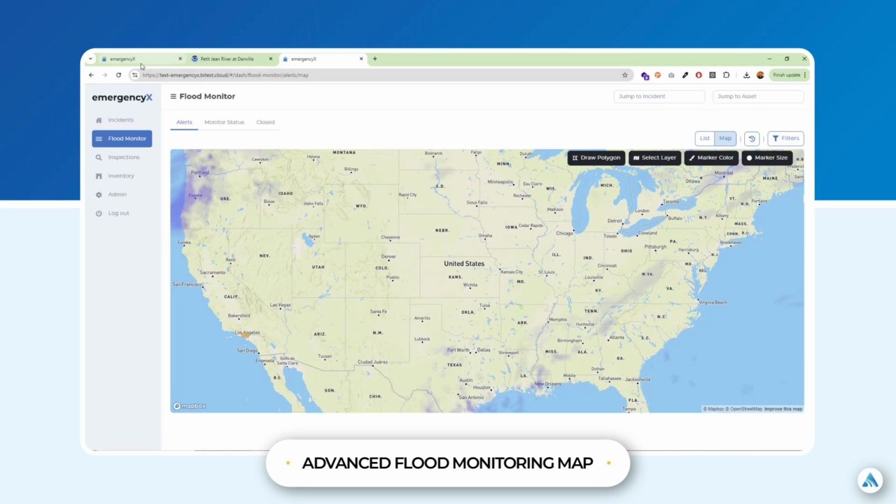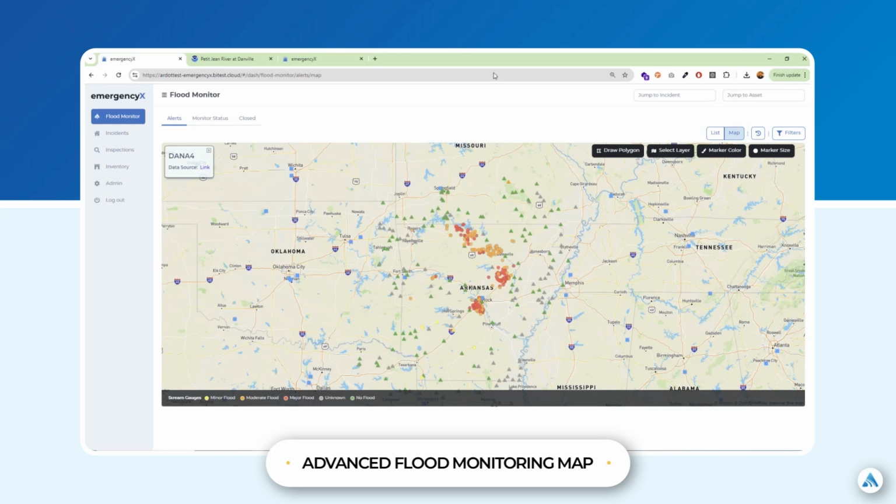So again, the updates for this month: you can see the radar stations, you can see the stream gauges, and the stream gauges are color coded based on the condition of the stream gauge. And finally, we can see the precipitation intensity layer. These enhancements should be able to help you with getting better insight into how the flood monitoring program and alerts